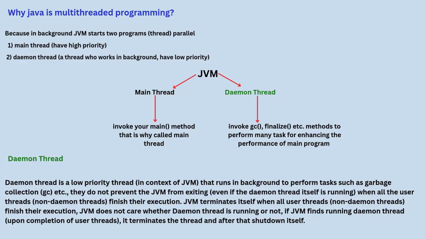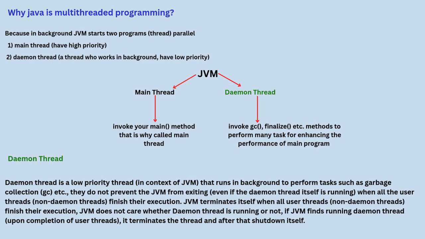Methods to perform many tasks enhancing the performance of the main program. So the daemon thread invokes garbage collection and finalize, etc. methods to perform many tasks for enhancing the performance of the main program. A daemon thread is a low priority thread in the context of JVM that runs in the background to perform tasks such as garbage collection,